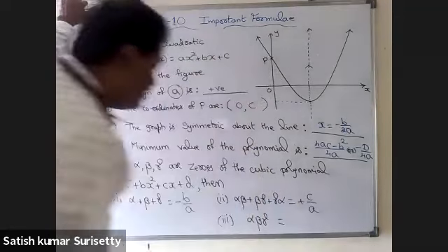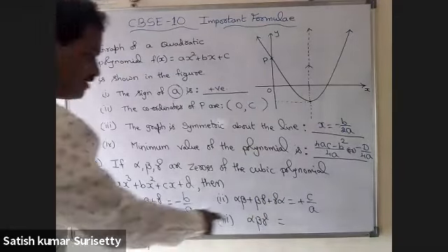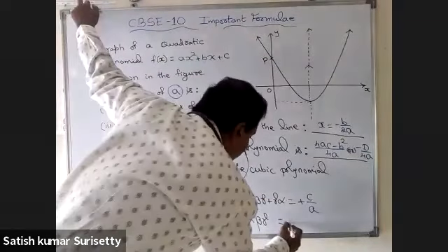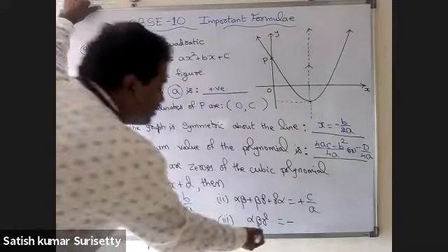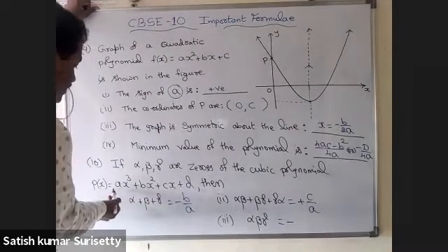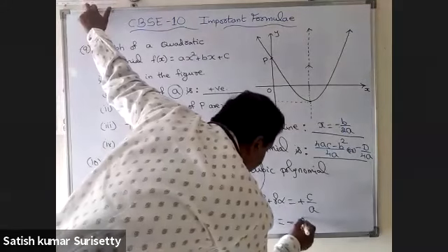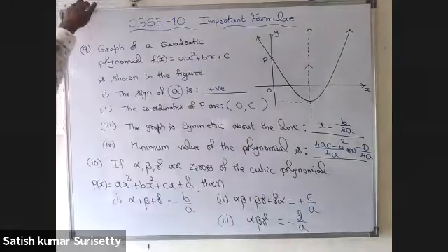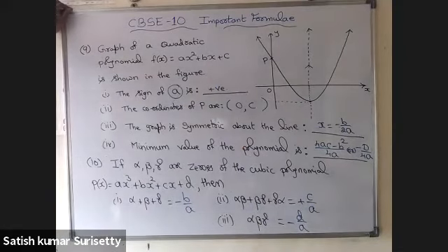So you can remember easily: first one will come minus, next one will come plus. Next, again you can guess easily, it will be minus of what? That is the product of all the zeros, which is constant term upon coefficient of x cube, that is minus d upon a. So these are very important formulas you should remember, so that it will help you in the essay type and long answer type questions.